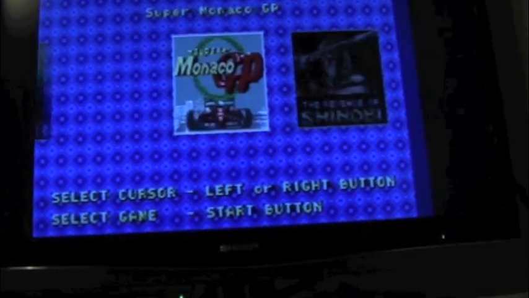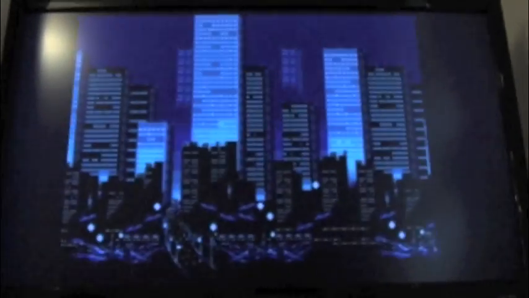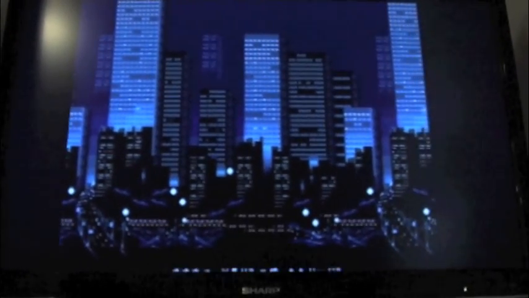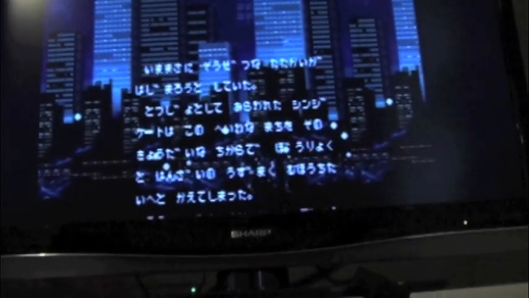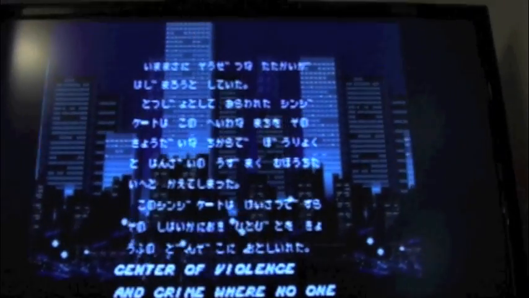I can just choose the usual game. Where are we? So let's see where we are now. Yeah, we're in Japanese mode, that's fine. So we switch that to English. It's in English in a second with the next paragraph. There we go, and then nice and slow, and PAL 50 Hz,